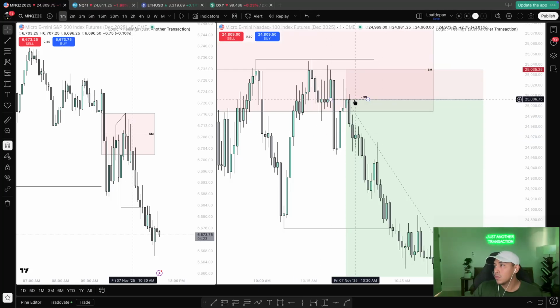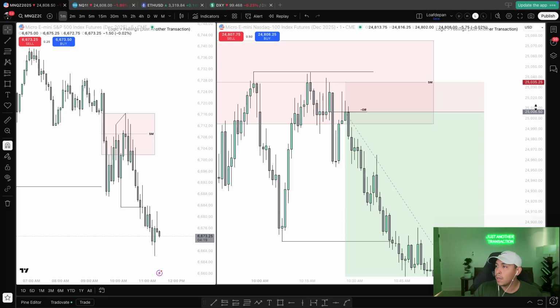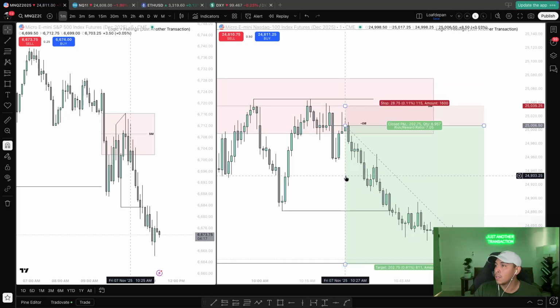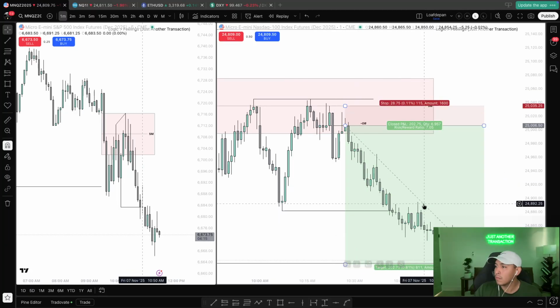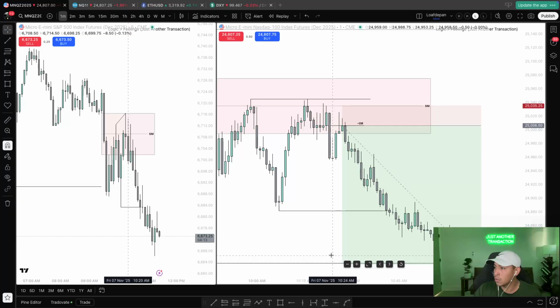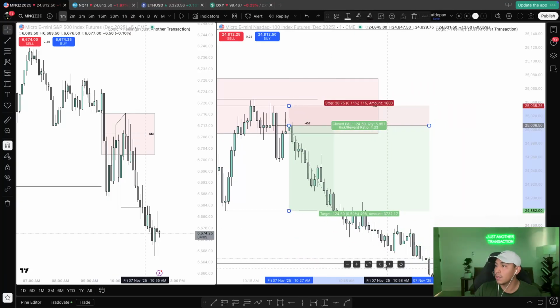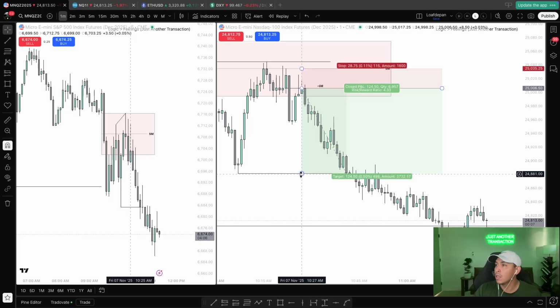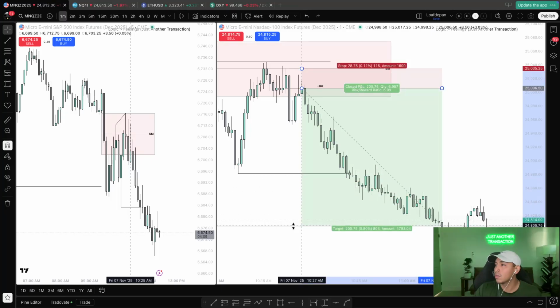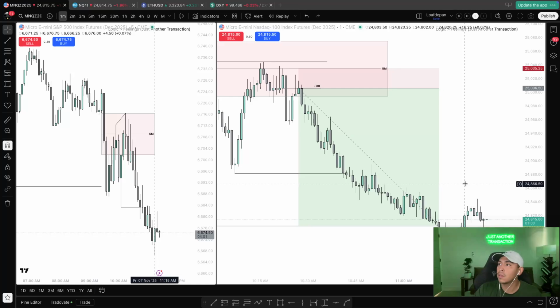But yeah, so this was a really good trade to tape read for me. I was not going to take it because it didn't align with my bias, it didn't align with my plan, and I intend to follow that every time. So obviously, if you were going short, this would have been the first target here and the more realistic target rather than targeting the 4 hour low. The 4 hour low would have been more so for your runners or any trade, which would have just got tapped not too long ago.